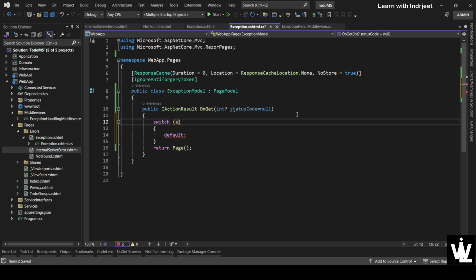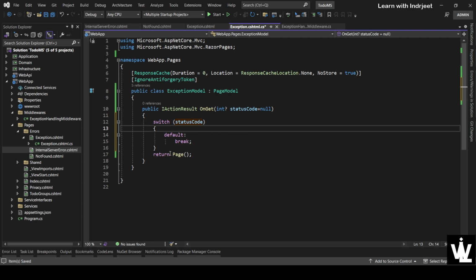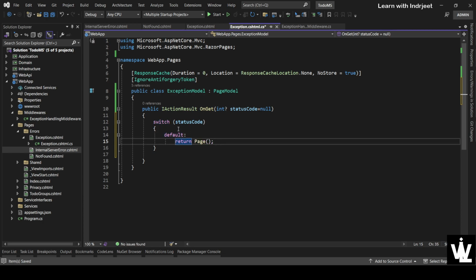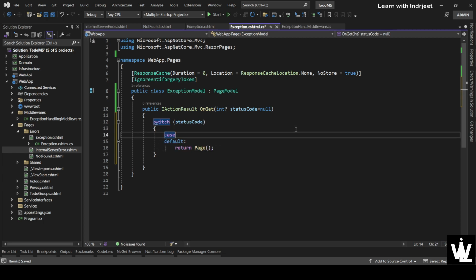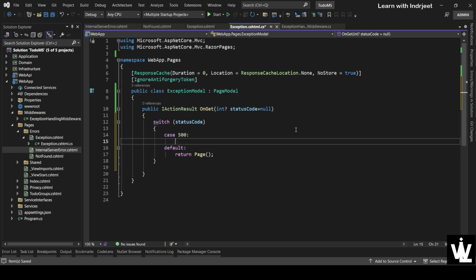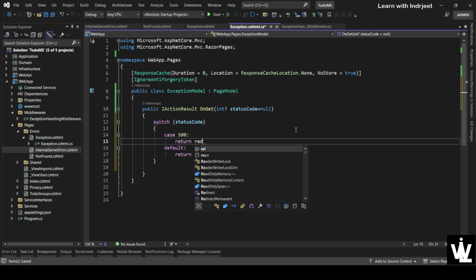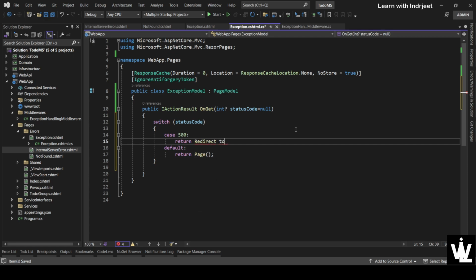Switch what? Switch the status code, sorry, status code, and by default return the page. Case, if it is a 500, then return redirect to